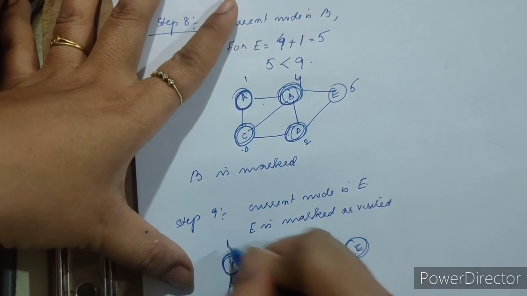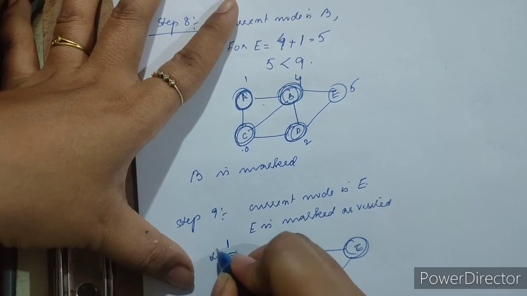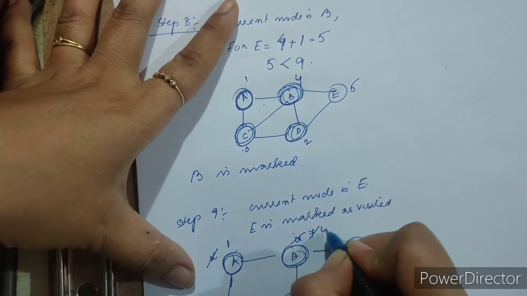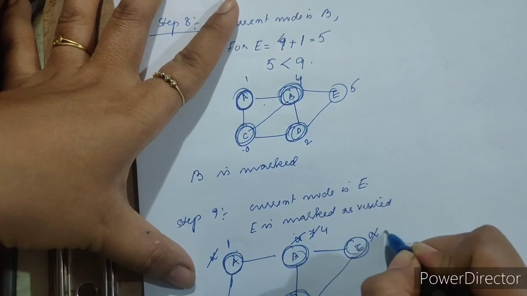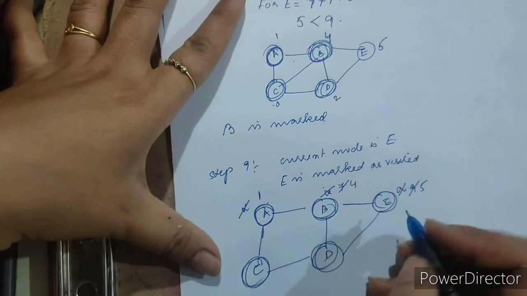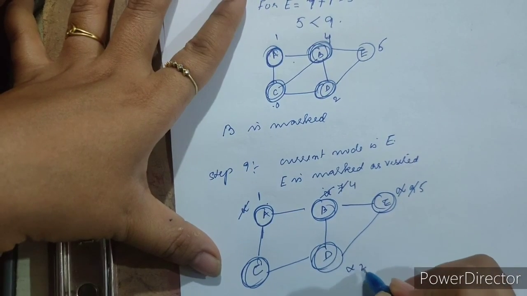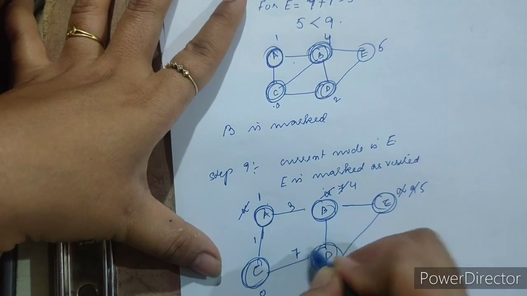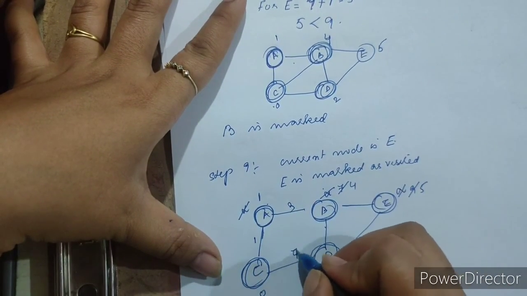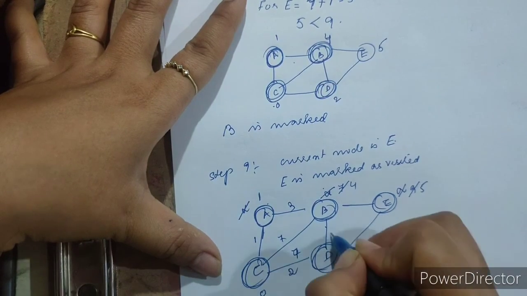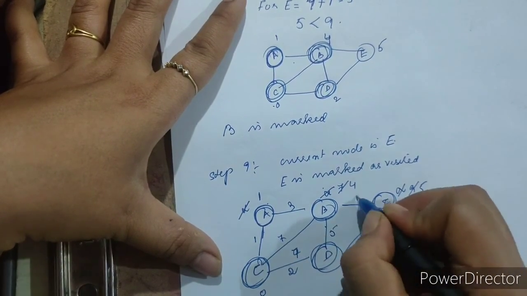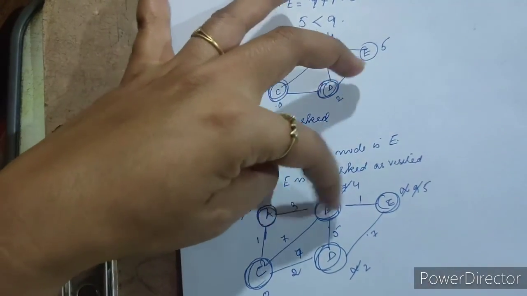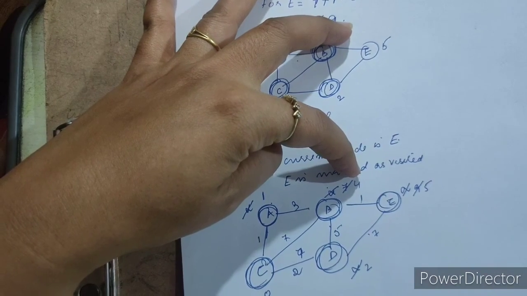What is the distance of A? It was infinity before, it was 1. It was infinity, it was 7, and then it is 4. It was infinity, it changed to 9, and then it changed to 5, right? And then it was infinity, it changed to 2, it is 0. 1, 3, 7, 2, 5, 7, 1. All right, so we are done with this as no unvisited node is left. So the minimum distance of each now